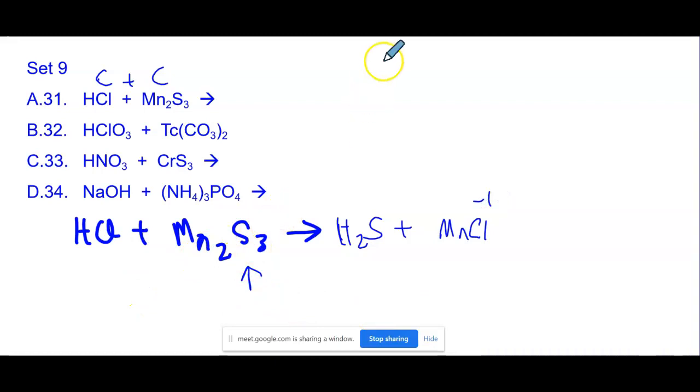So thinking about the charge, I'm going to switch colors just to help you see. So over here, we know sulfur's a -2 times 3 of them. So this is -6, right? So Mn has to be a 6, but there's 2 of them. So I'm going to think about 6. So this has to be a +3, because then 3 times 2 for this would give me a +6, and I'd have my two numbers the same. So then I know this is a +6 on this side,